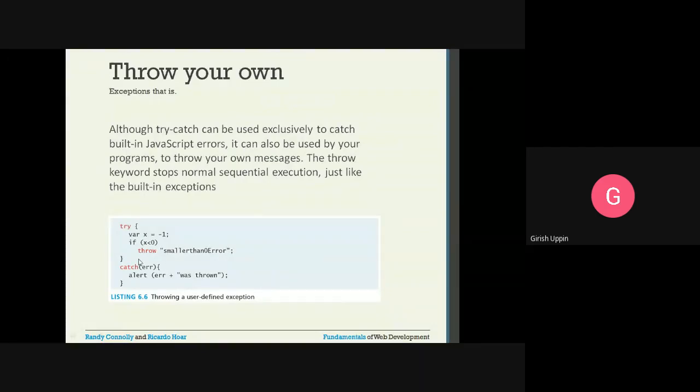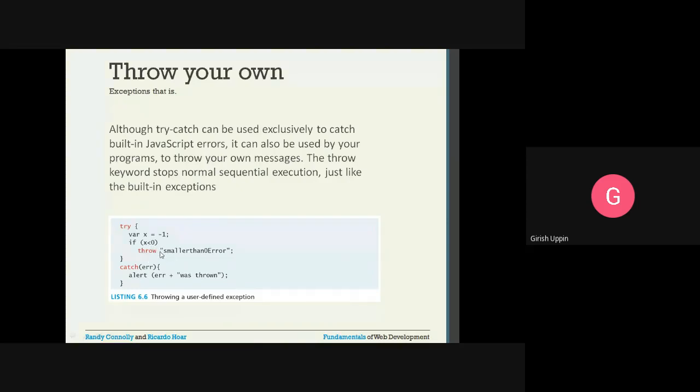Now, what you are doing here: we have a try block, we have a variable x equal to -1. Let us say you don't want the value to be less than 0. If x is less than 0, then you are throwing a smaller than 0 error. So x value is -1. -1 less than 0, that is true, so it will throw.